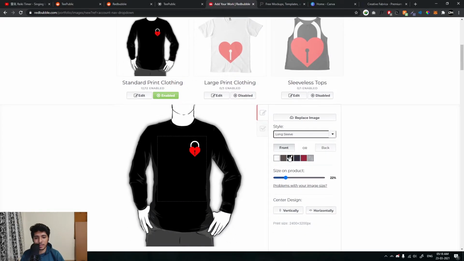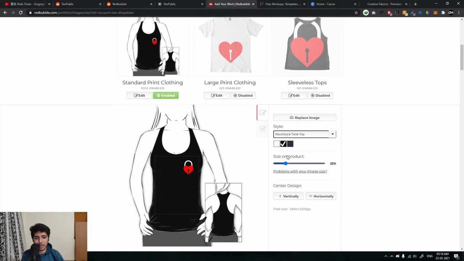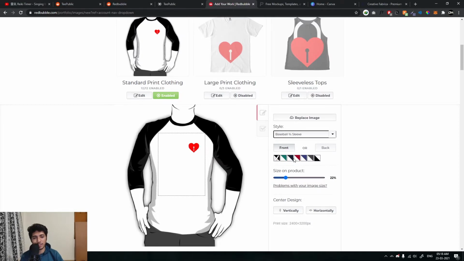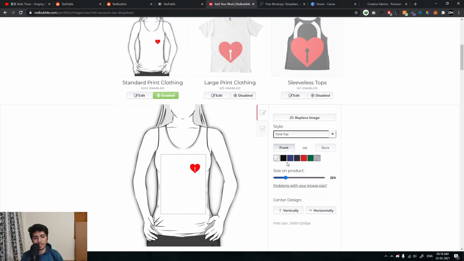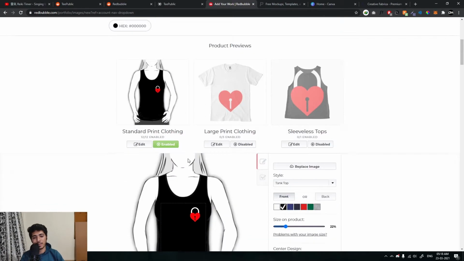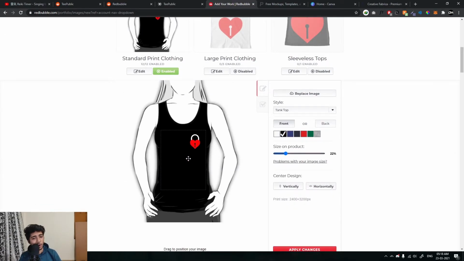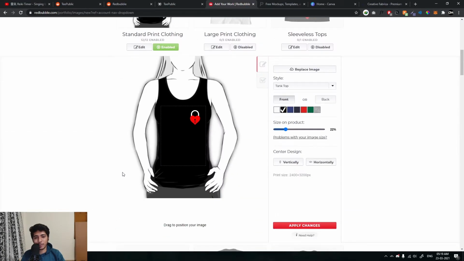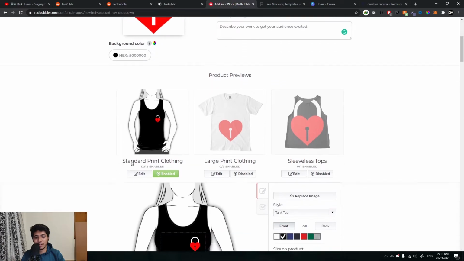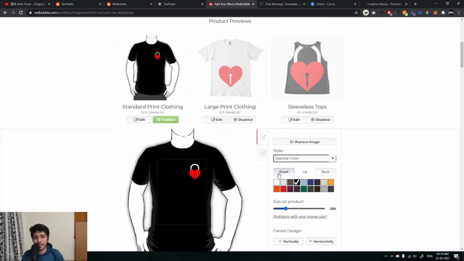And if you scroll towards around here, you actually don't need to choose this thing, because if you go to the top, everything's white right now. But the thing is, we have set the background color here, so it would automatically choose black color everywhere. But what I like to do is just choose this one, set the design here,